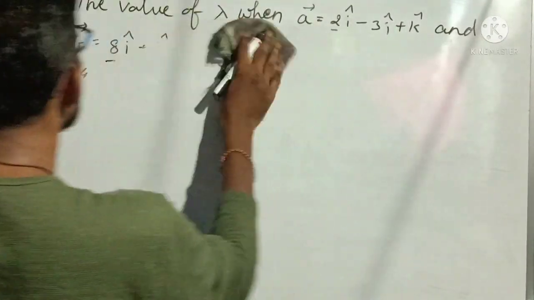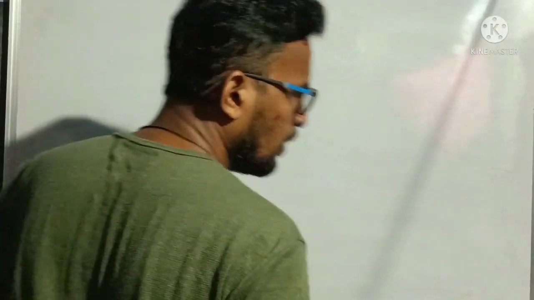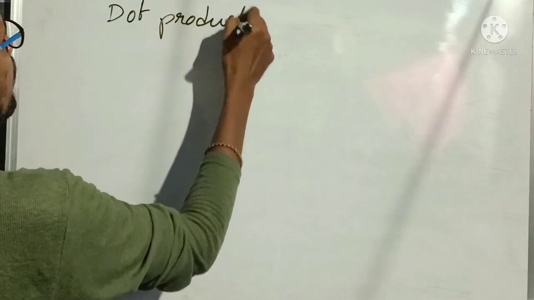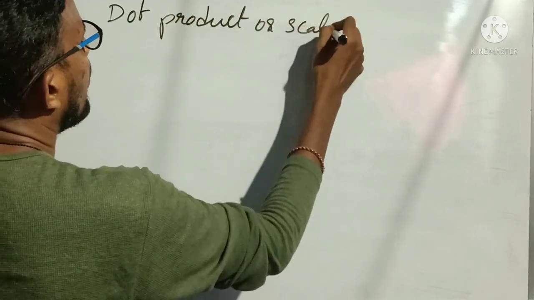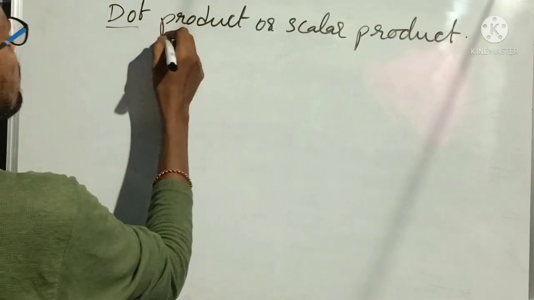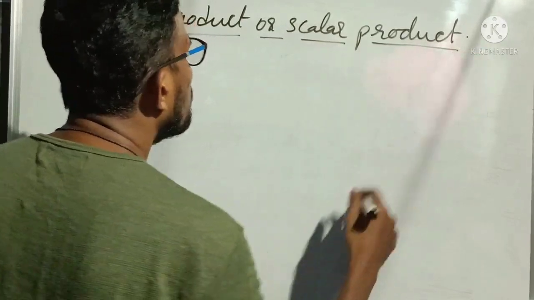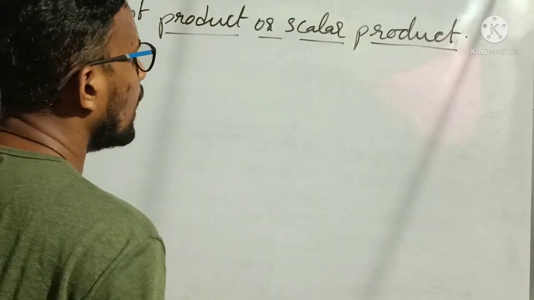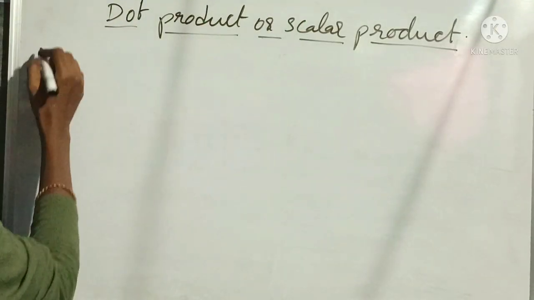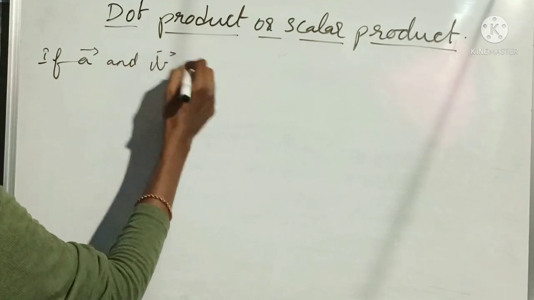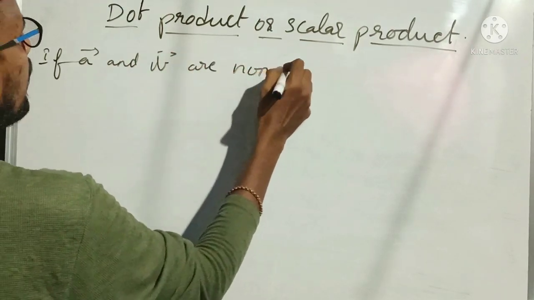Next, now let us move to our today's concept, that is dot product or scalar product. Okay, dot product or scalar product. So the next concept in our vector algebra is very, very important, that is dot product or scalar product. So what does this say? If a bar and b bar are non-zero vectors,